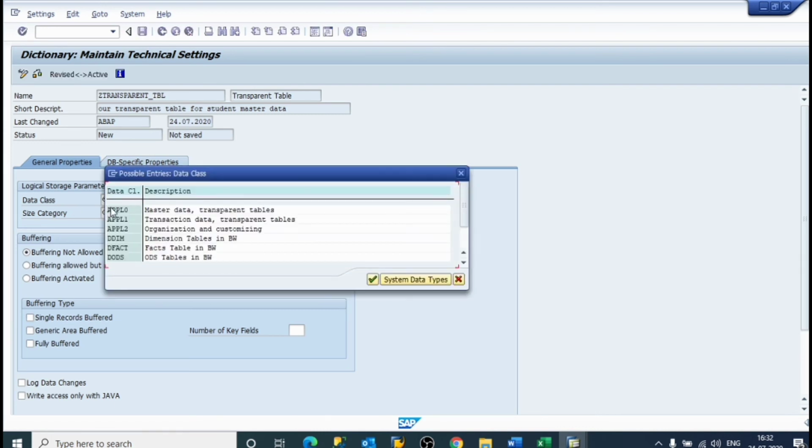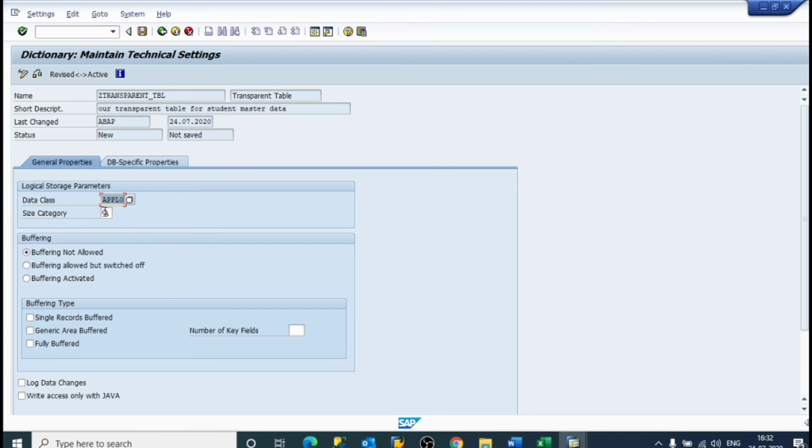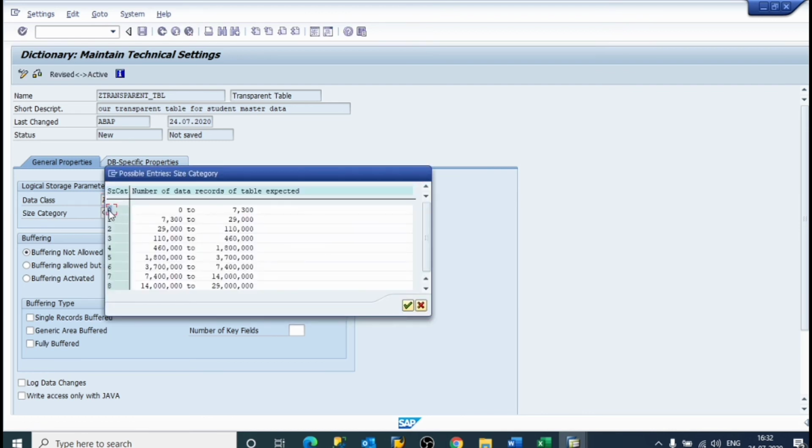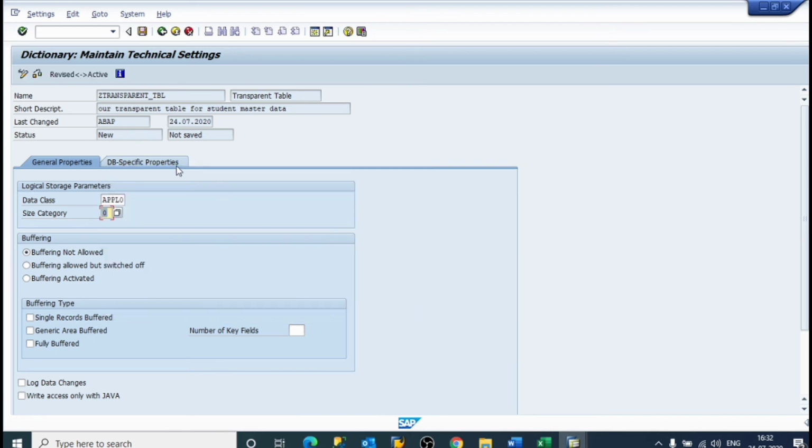Data class, it is APPL0, master data and transparent table. We are creating transparent tables. Now size category 0 to 7300. Save it.